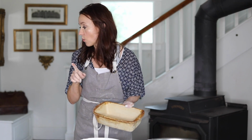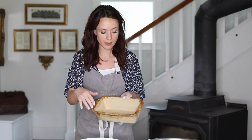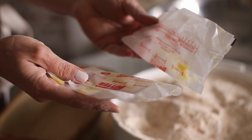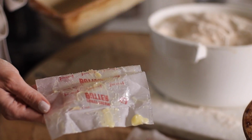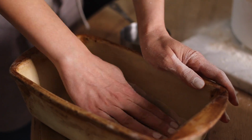So the one thing I do before I actually put my bread dough in though is I butter them. And this is a little money saving hack. So I keep my butter wrappers, and the messier the better. I think this one was definitely from a kid. But I keep these in my fridge, and then when I need to butter anything, usually my bread pans,